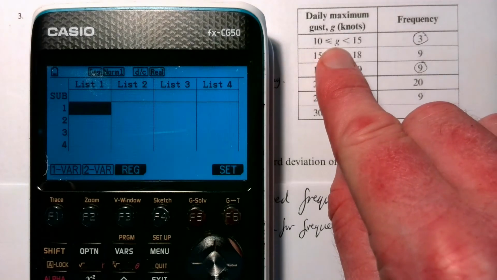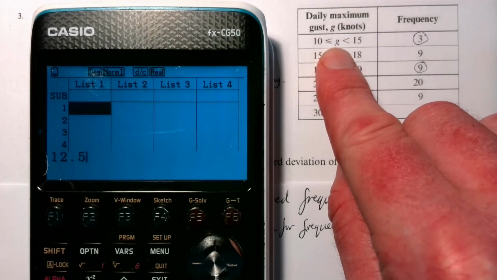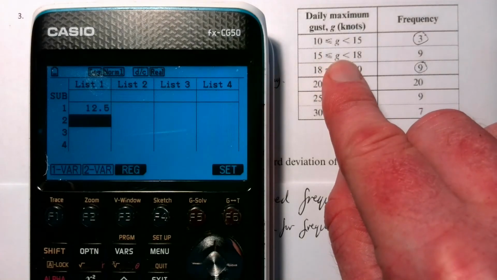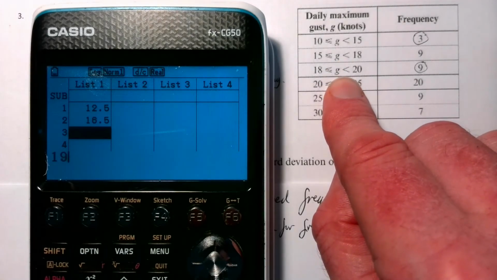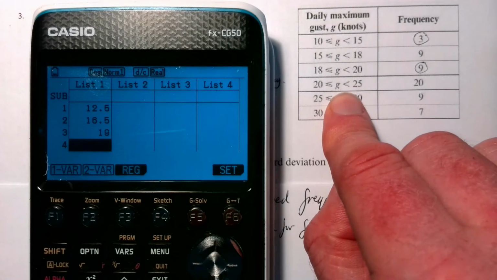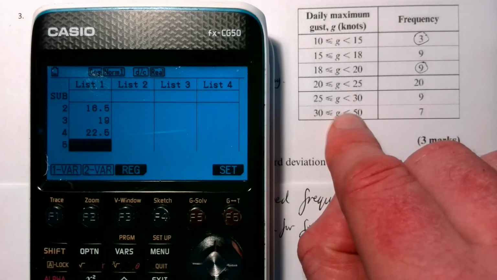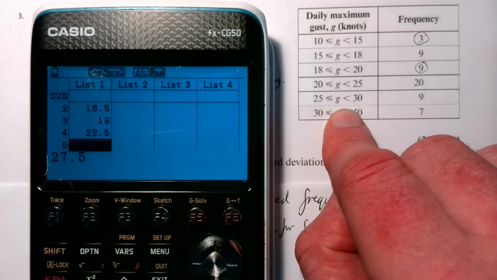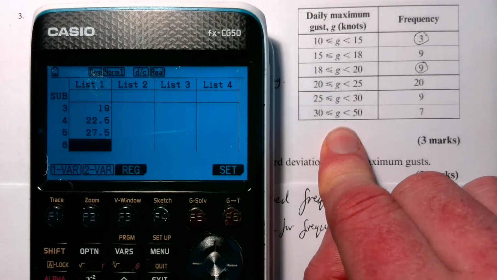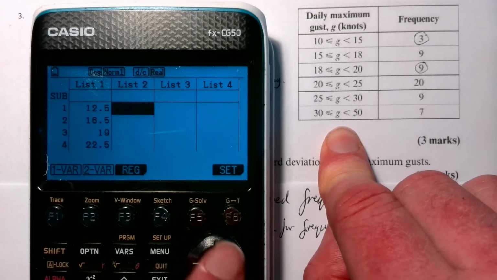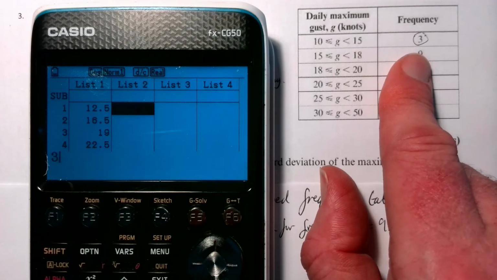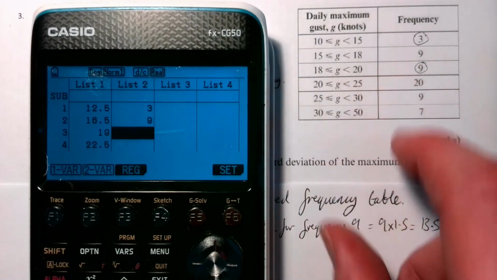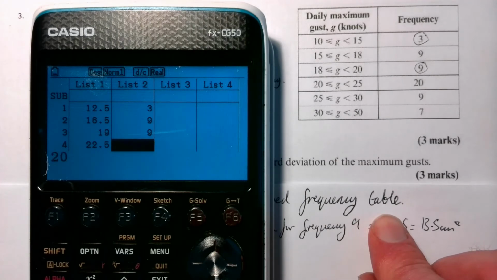Now if we put in 12.5, because that's halfway between 10 and 15, and halfway between 15 and 18, or 33 divided by 2, is 16.5. Halfway between 18 and 20, easy one, is 19. 22.5, 27.5, and finally halfway between 30 and 50 is 40. Right, then we go into list 2, and for the first one we've got 3, 9, 9, 20, 9